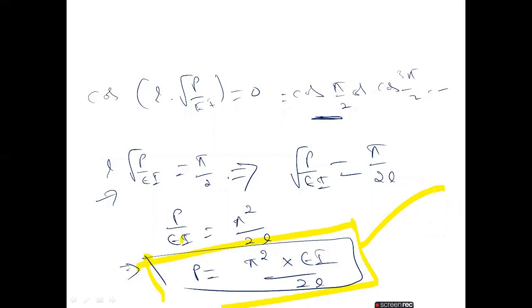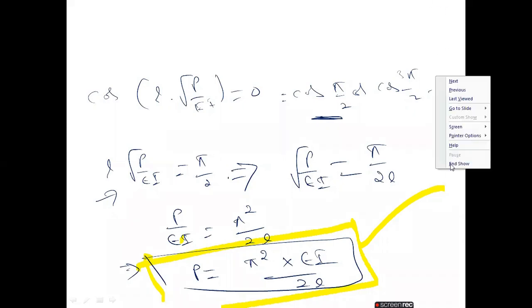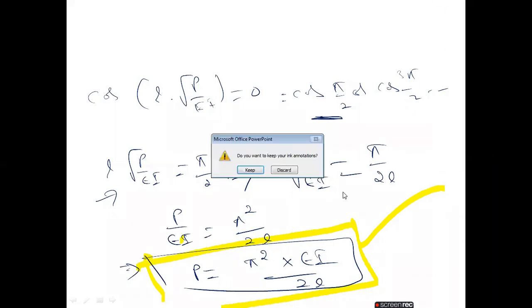In the next class, we will discuss when both ends of the column are fixed, how we will derive the value, and when one end of the column is fixed and the other end is hinged or pinned, how we will derive that. Later we will discuss effective length also. After the next class, we will solve the problems.